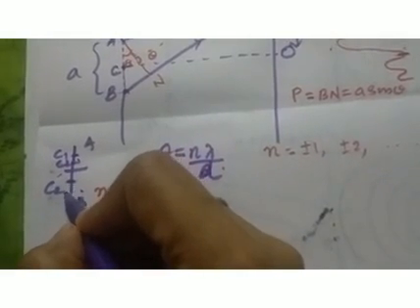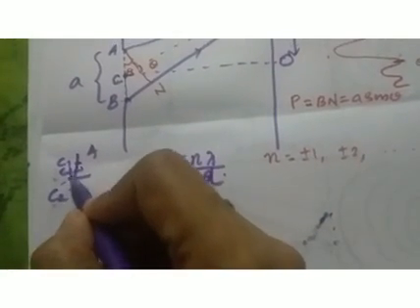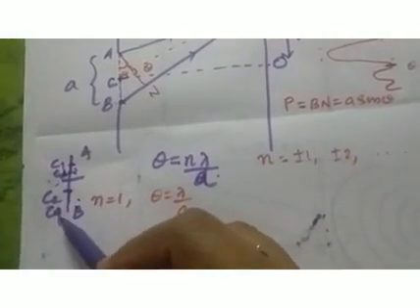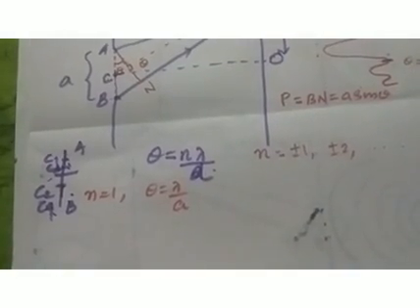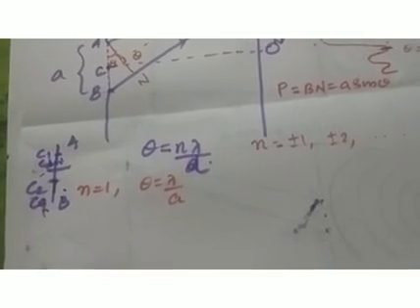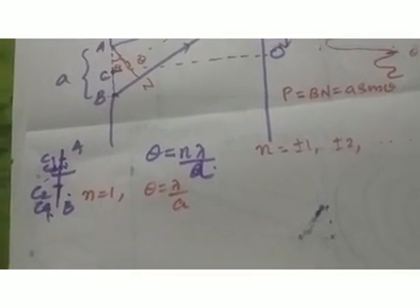And if we consider another point C3 on the upper half of the slit, there is a corresponding point C4 in the lower half, such that the contribution from C3 is cancelled out by the contribution of C4. That means the waves generated from C3 and C4 will be out of phase and their total contribution will be cancelled out, and the net effect is darkness is obtained on the screen.